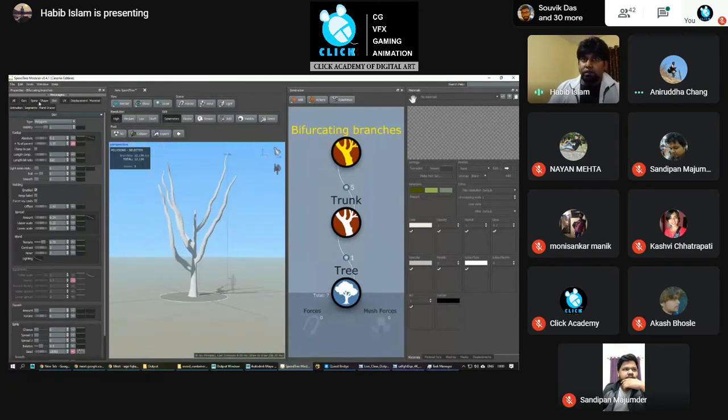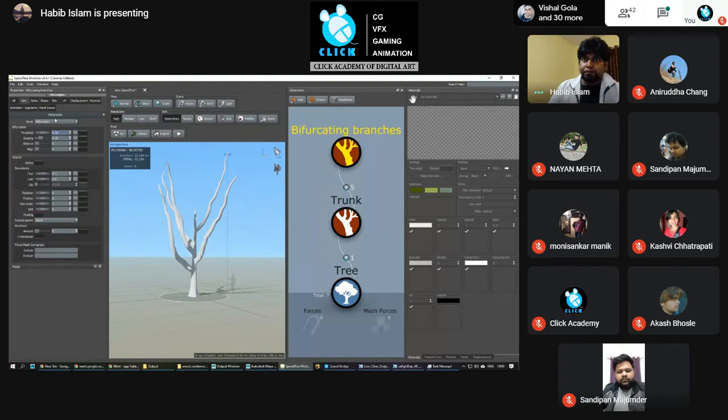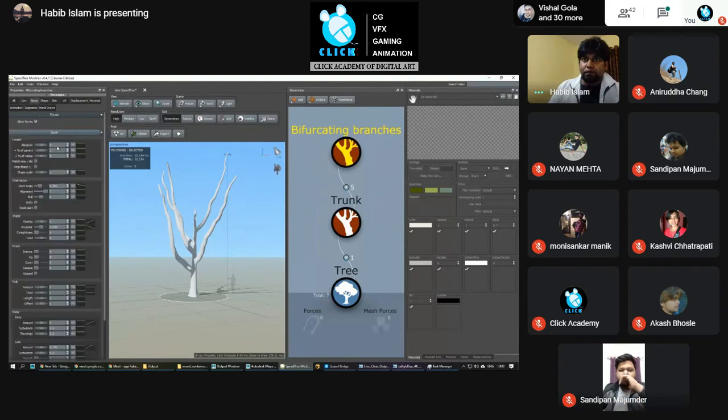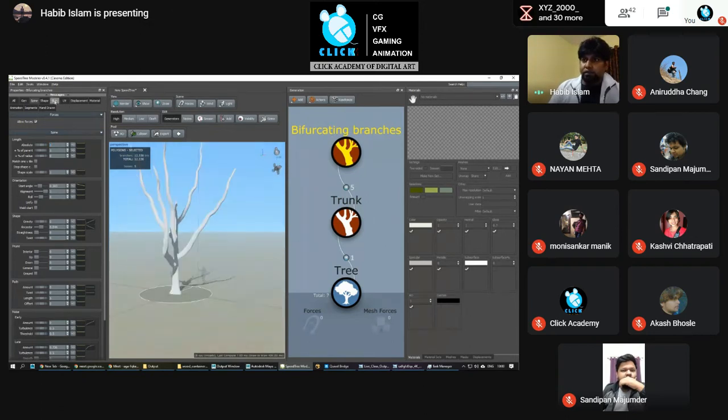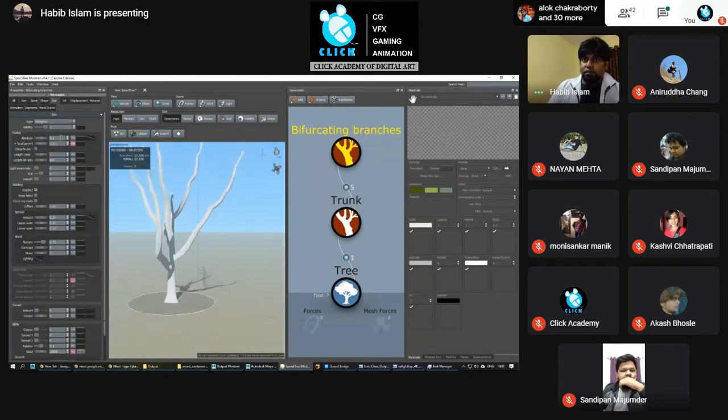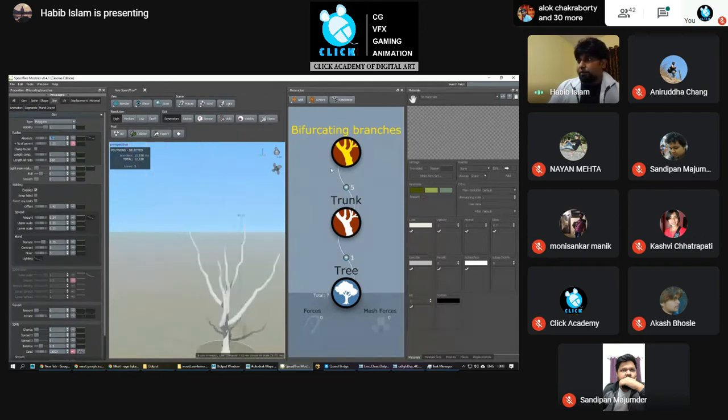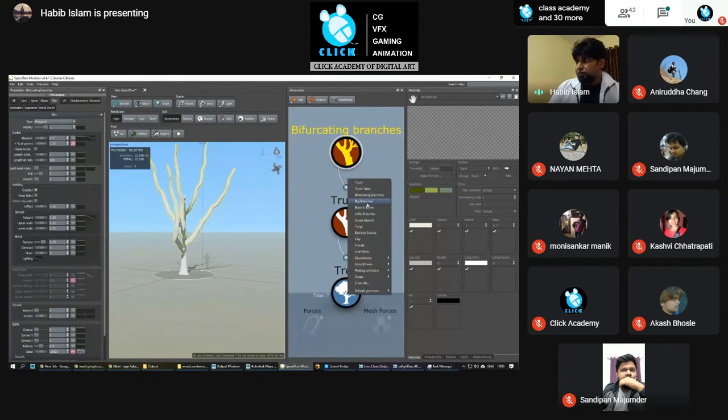Then you can choose the length as well. So all the settings are there for this. Then after that, you can add small branches, big branches. Then you can add another.